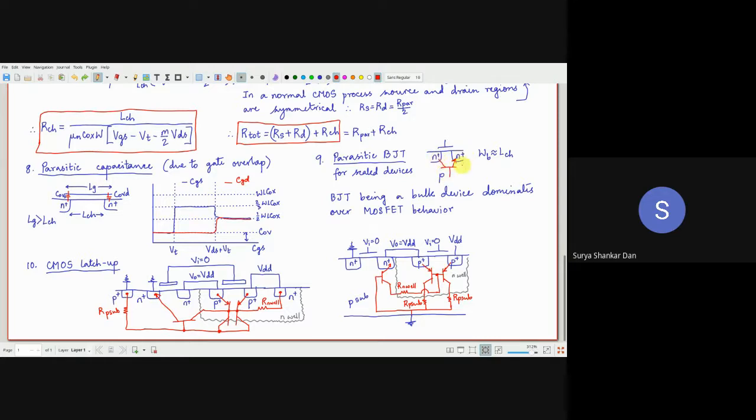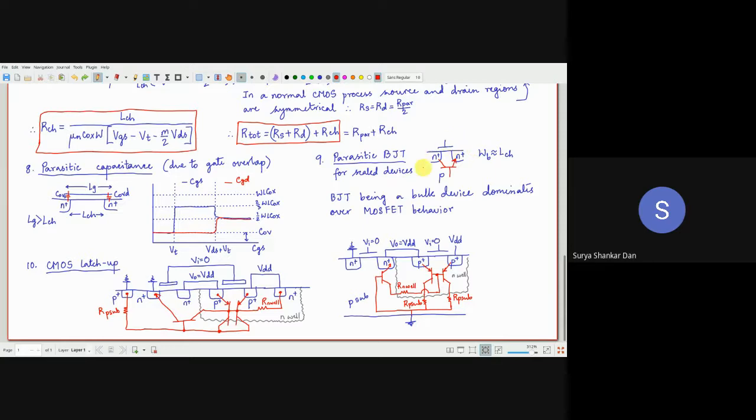So you are always going to have a huge number of carriers, electrons, which will essentially reach from the source to the drain as if it is like a BJT. Okay, so this is called a parasitic BJT. But this has got nothing to do with the latch up. Latch up is a more important concept, which will be there in case of long channel devices also. Latch up has something to do in a more fundamental way.